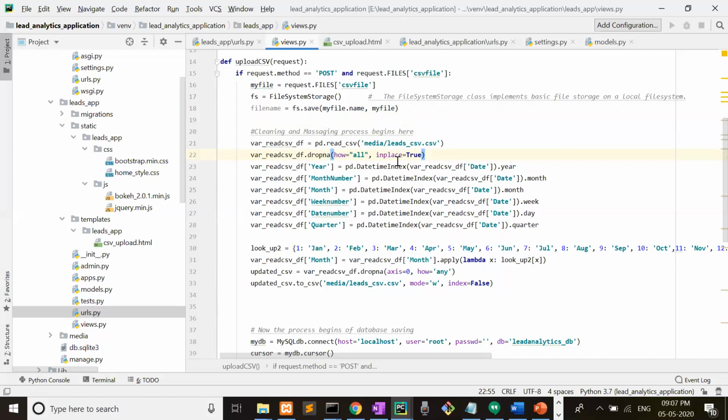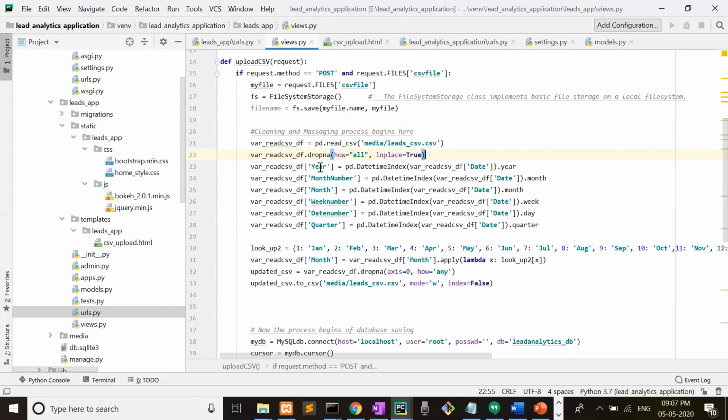So it is the responsibility of the person uploading the CSV file to check if there is any blank cell, because it will remove those blank cells. That means there will be a variation in the result or in the chart. So it should be taken care that there are no blank cells inside the CSV while uploading, right?